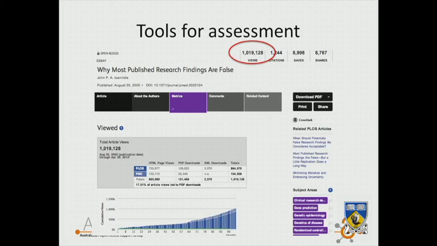Again, we're all tied into this idea of citations being terribly important, and of course that ties into journal metrics such as the impact factor. PLOS was one of the first organisations that came up with article metrics, and this is one of the first papers that I was involved with publishing at PLOS Medicine, which has a very snazzy title, which I'm sure helped with the fact that it's been hugely read.